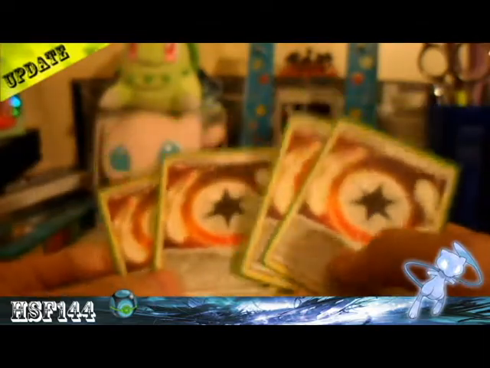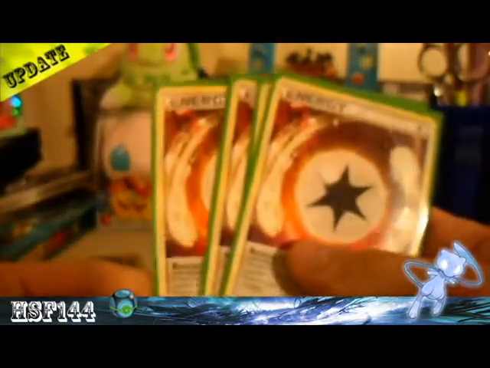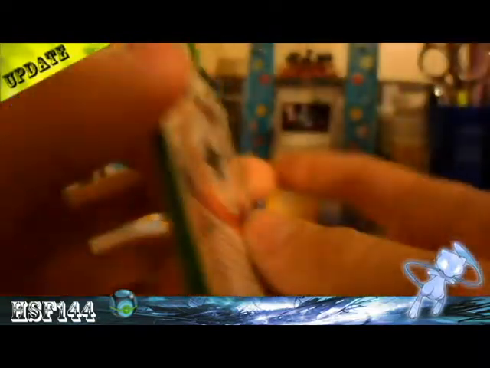But it kind of pisses off the opponent when you have a rescue on your Excadrill and they finally knock it out, just so you can bring it back to your hand and drop it down with another rescue energy. You know, so these are really fun to use, and